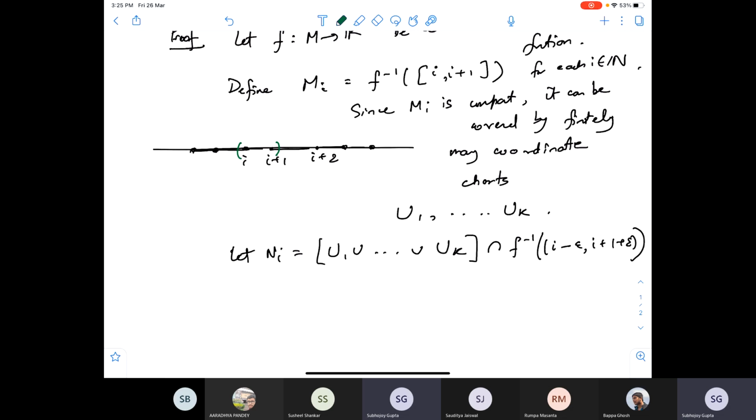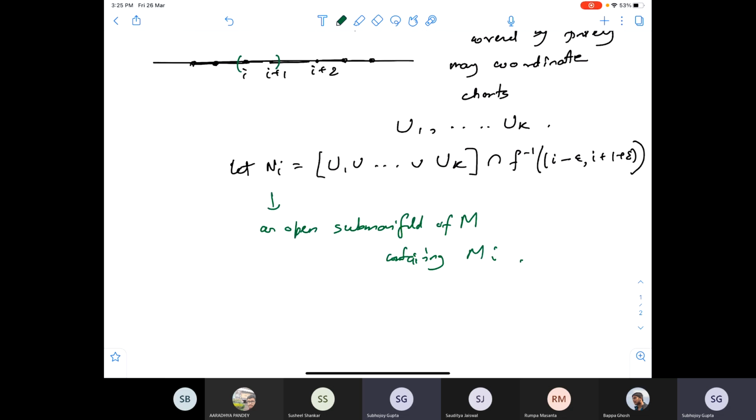So this ni is now an open submanifold of n containing mi. Well, we might not need that actually, but